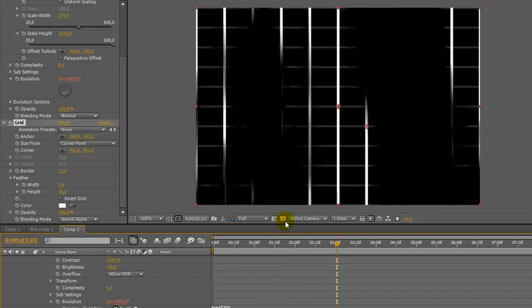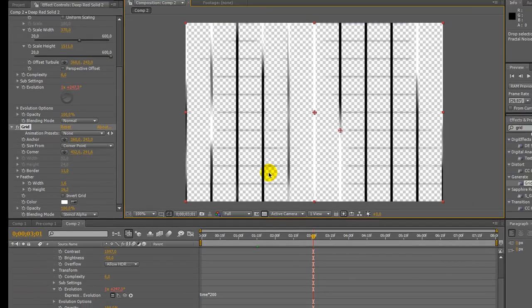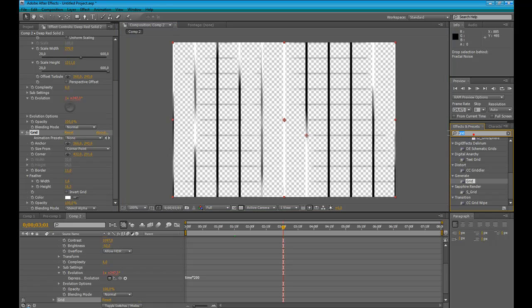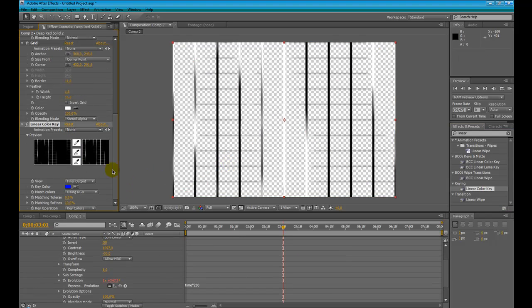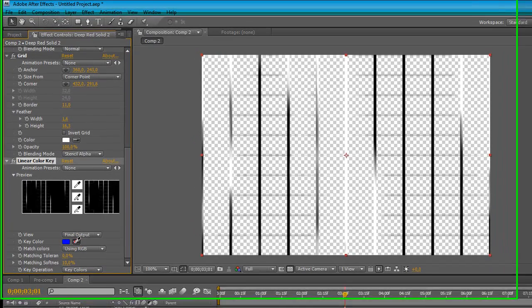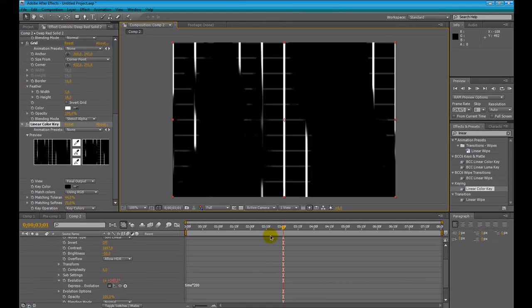But if we activate transparency, we can see that the black points are still here. We want to eliminate this, so add the linear color key after the grid. Now choose black. Nice. Let's make the black disappear. Softness. Now as you can see,